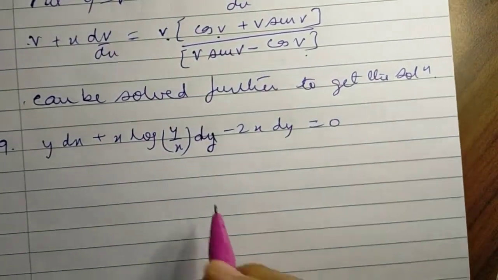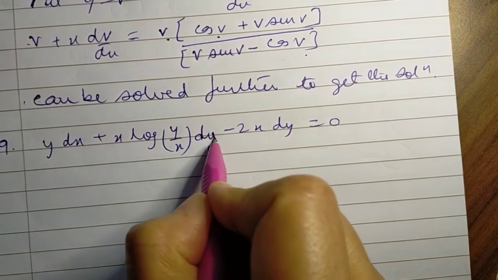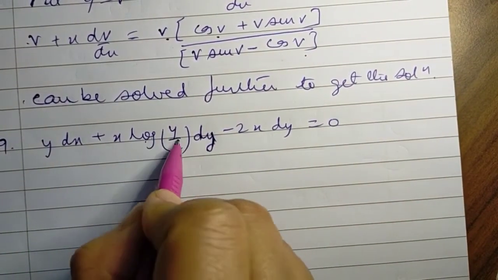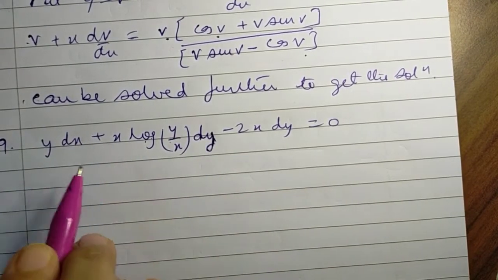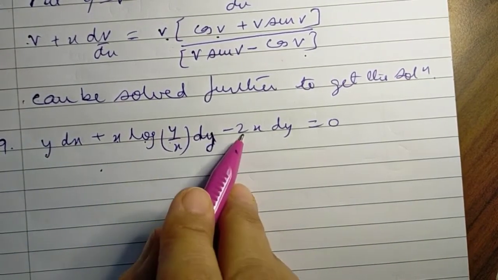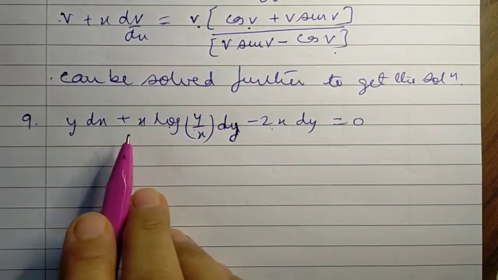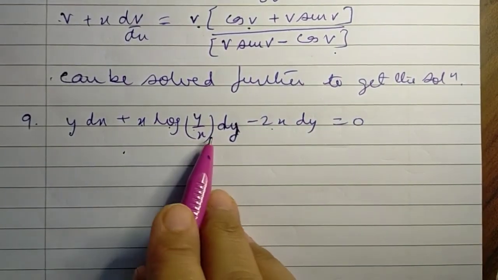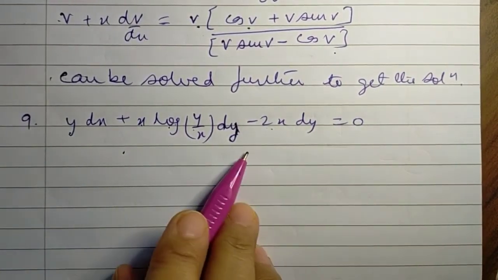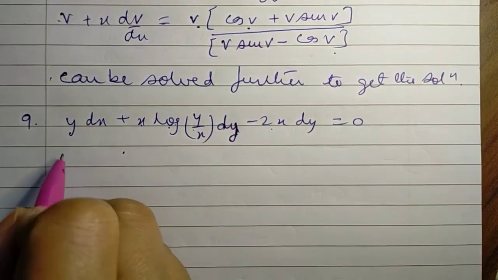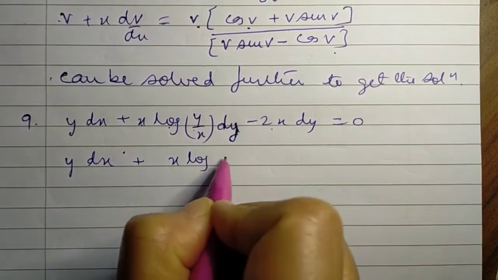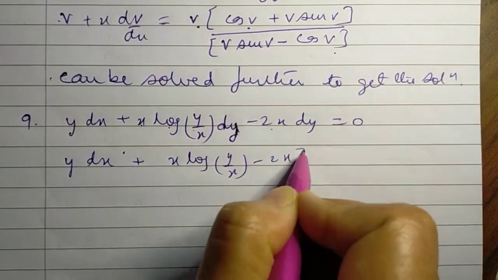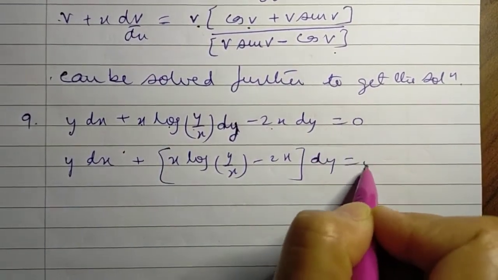So what we do is, though we can see that all terms individually within log are of degree 0, so it doesn't interfere in our net degree. Each individual term is of degree 1, so it may be a homogeneous differential equation. So let's put it together. First of all, we have to put all the dy terms together. So what do we get? x log y by x minus 2x into dy equal to 0.